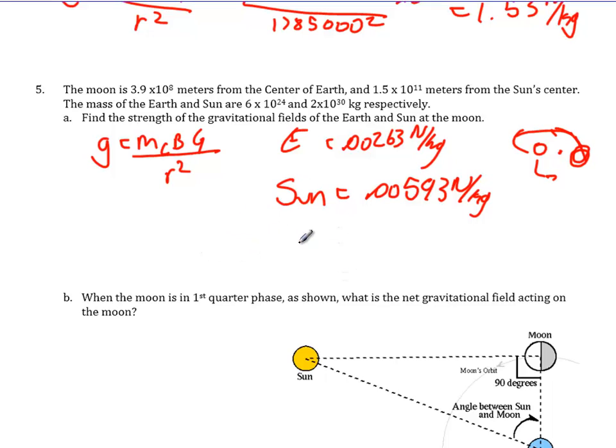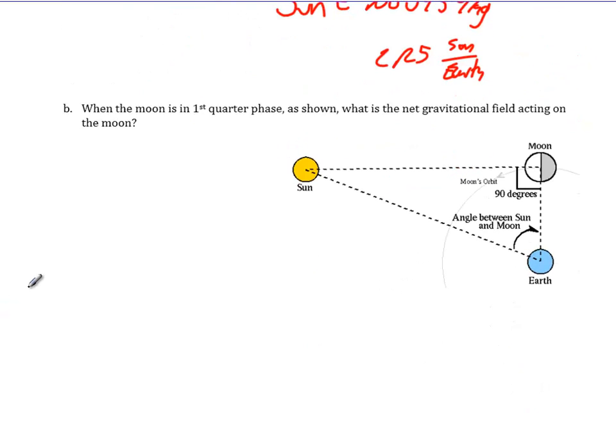Alright. It actually wanted the ratio, and if you do the division there, the ratio of sun to Earth is 2.25. So the sun pulls almost 2.25 times as much on the moon as the Earth does. When the moon is in first quarter phase, as shown, this is called first quarter. Actually, that's third quarter, if this side's dark. Anyways, doesn't really matter. When the moon is in first quarter phase, as shown, what is the net gravitational field